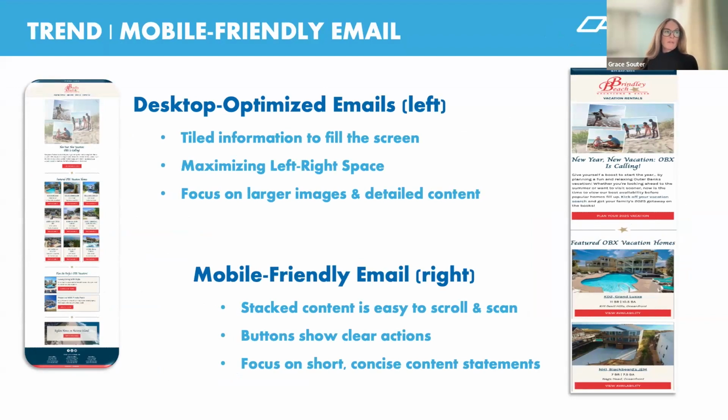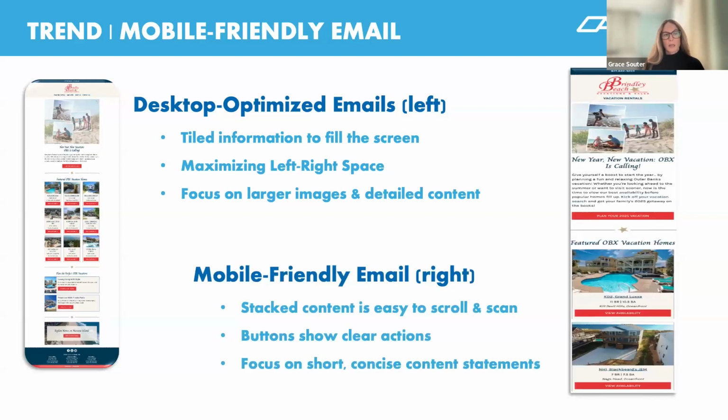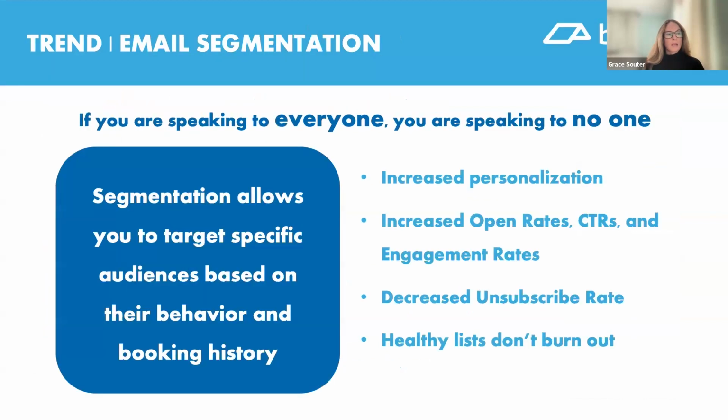And this is just demonstrating what we're talking about. I'm sure many of you are familiar with this email layout with the grid of homes, which takes up a lot of space. It's easy to scan on a desktop, but on a mobile device it's much easier to see those units individually. So this is displaying what that looks like. And we can jump right into segmentation, as Robyn mentioned.